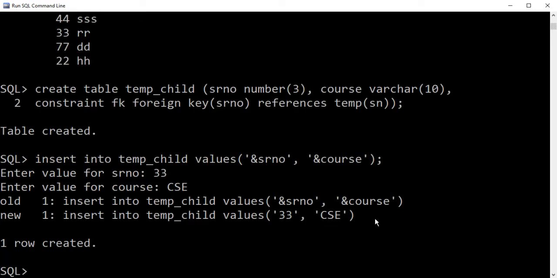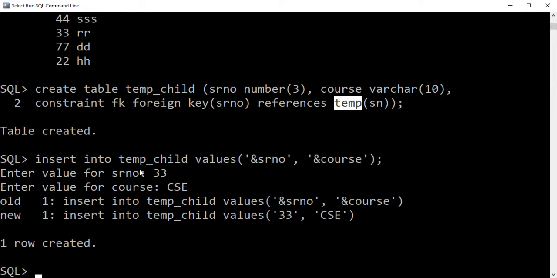One row created, because 33 was allowed to enter, because 33 is a foreign key and it is referring to the primary key 33 of the parent table. So here this is the child table, and the temp table to which it is referring is the primary table or the master table.